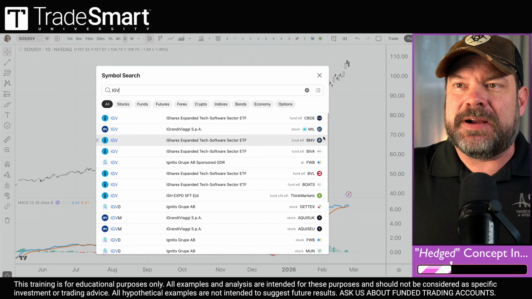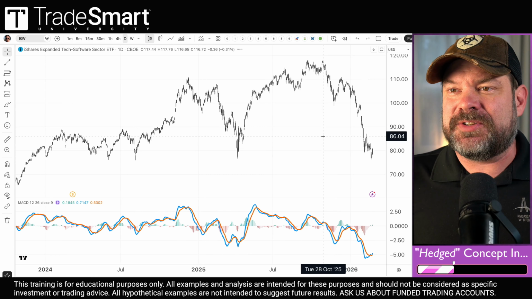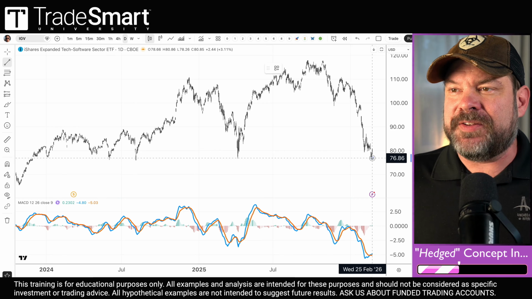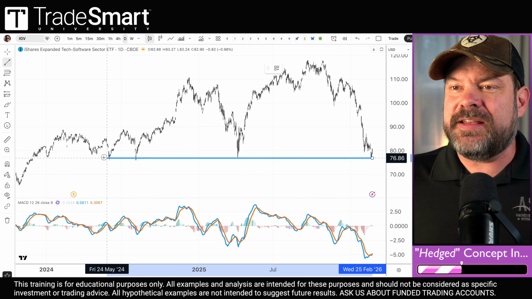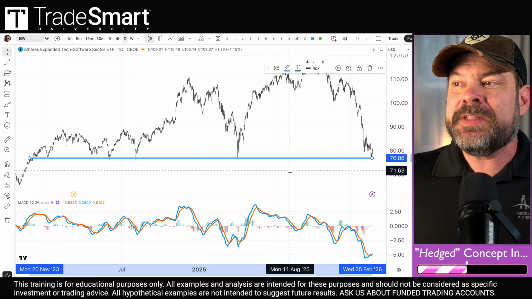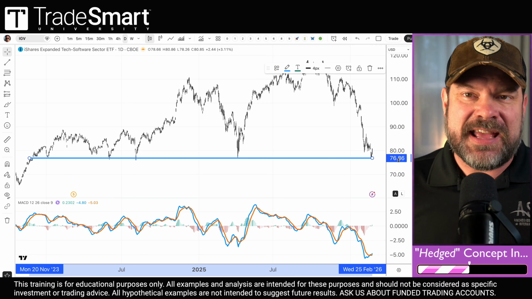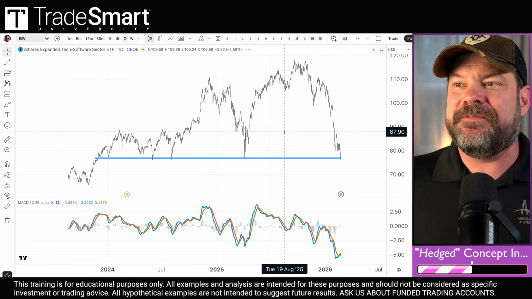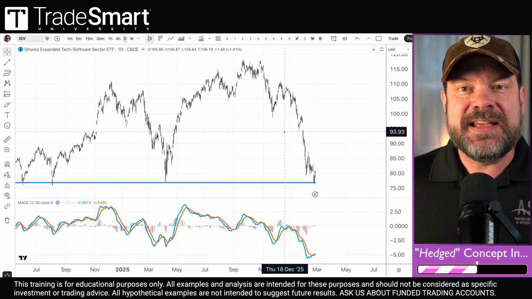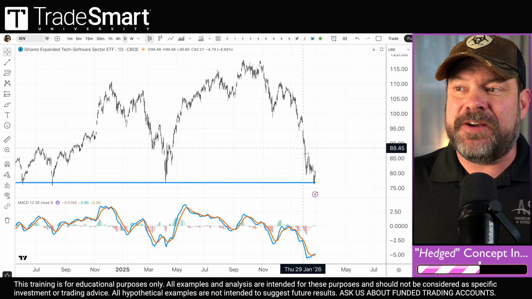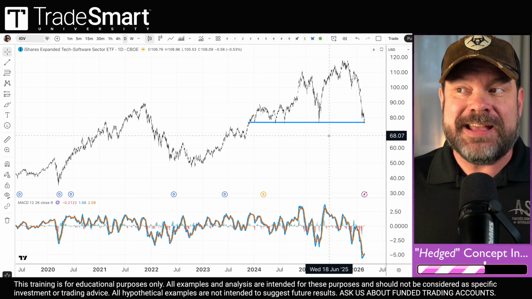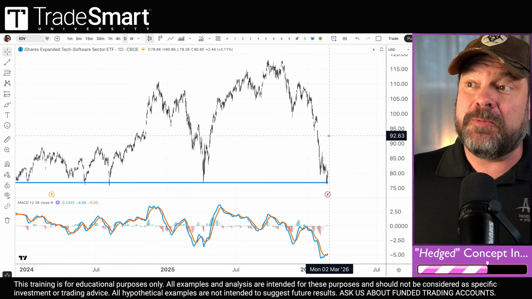Let's go back to software, and it makes sense where it's finding some support. If we draw a line all the way across where we bounced, we'll see that once, twice, thrice, 4 times, 5 times, there's a gap back there. This $76.80 or so on software is a very strong long-term support. If that holds, that should be good for the S&P 500. If that fails, look out below. We don't know. It's at a pivot point right now. We need to wait and see how that resolves.